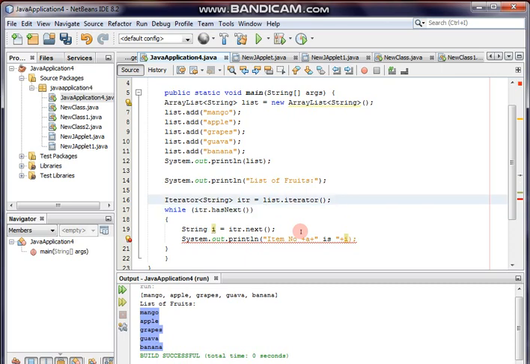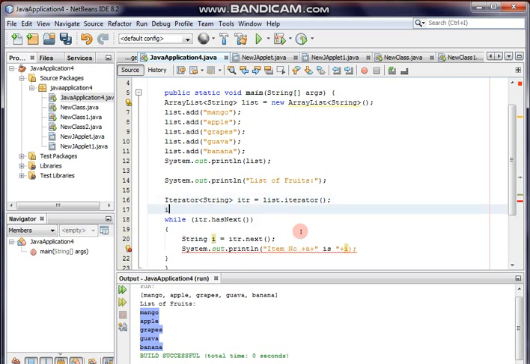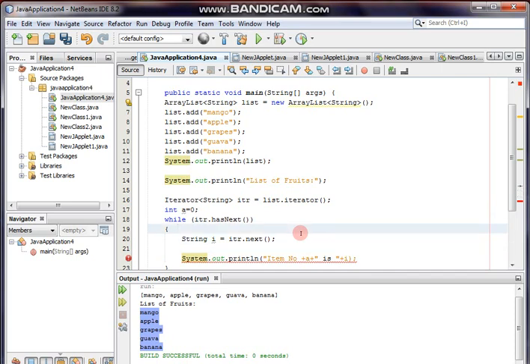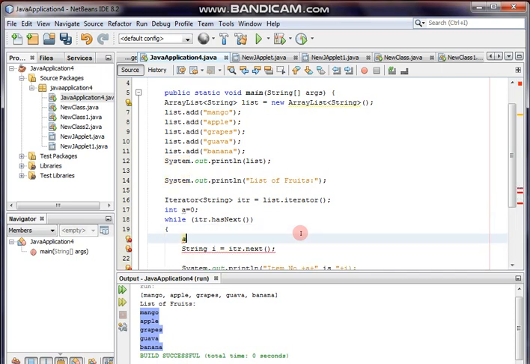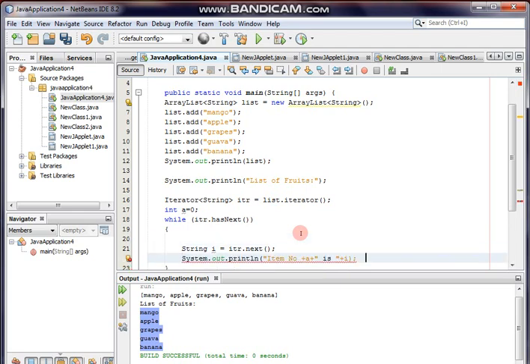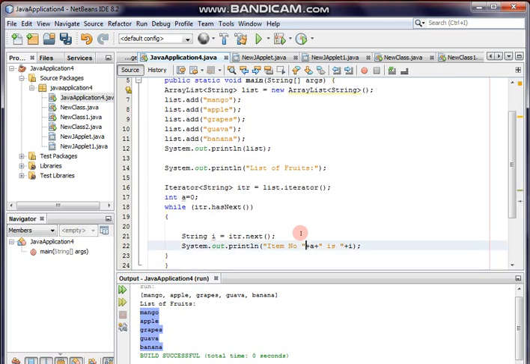We can specify here one integer variable A as 0, and we can write here the value of A. The value of A we can declare as, already declared, sorry. So we can print it. Here I forgot to end the quote. So it is done. I can do here A++.